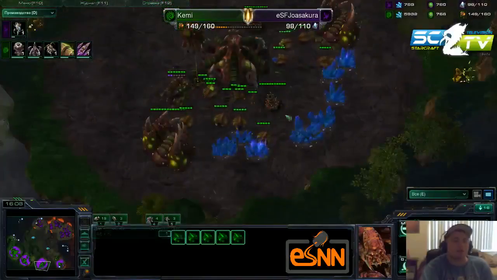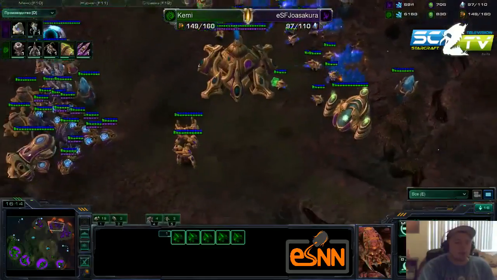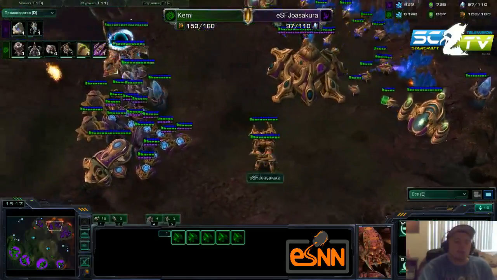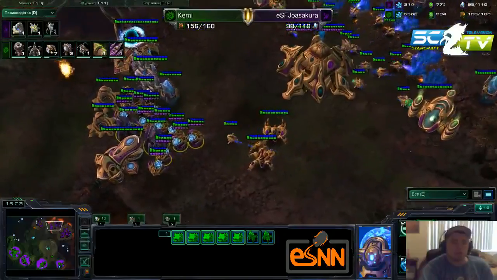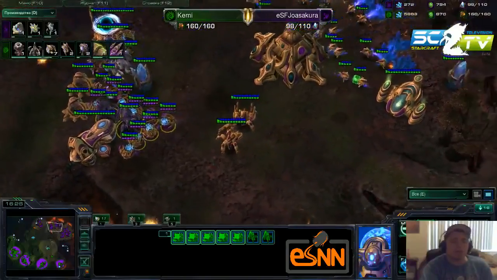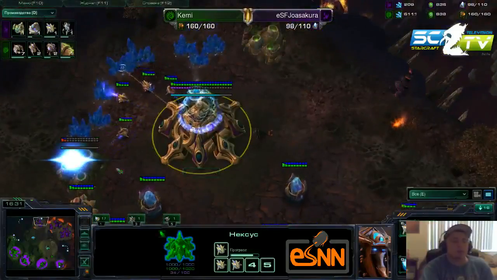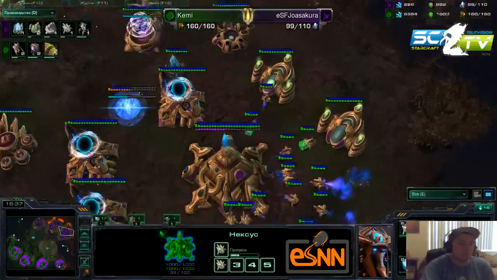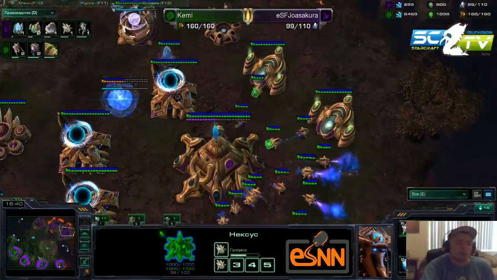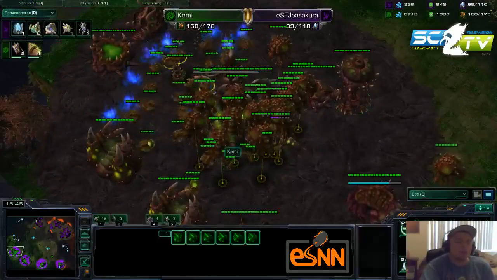Kemi is looking great at the moment. Honestly, right now, what Joasakura needs to do is get those Colossus out. He does need to get those upgrades. He pretty much needs those Colossus out on the field. He needs that splash. He needs that range. He needs something that could DPS with splash and long distance right now, take out a lot of the Zerg units all at once. But he needs it desperately, and he desperately needs it soon, because if Kemi does have kind of a...